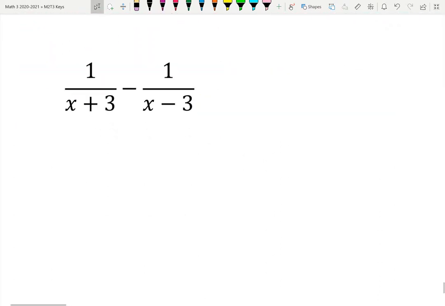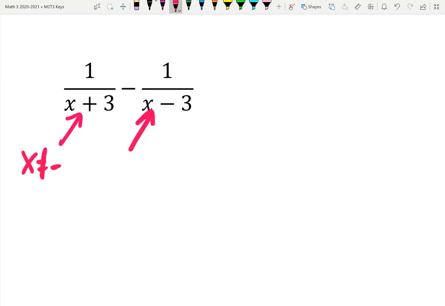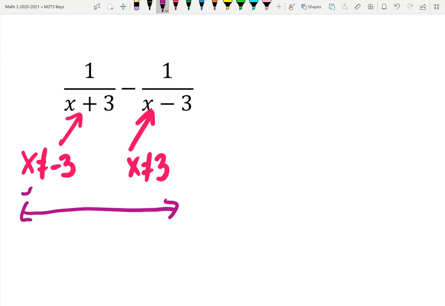Let's look at this guy. Let's actually do it properly and look at my domain restrictions from the start. X cannot be negative 3. X cannot be 3. The reason being is if the denominator is 0, math breaks. So this is going to mean that my domain is my x's going left to right from negative infinity to infinity. Negative 3 comes before 3, meaning that my domain is going to be